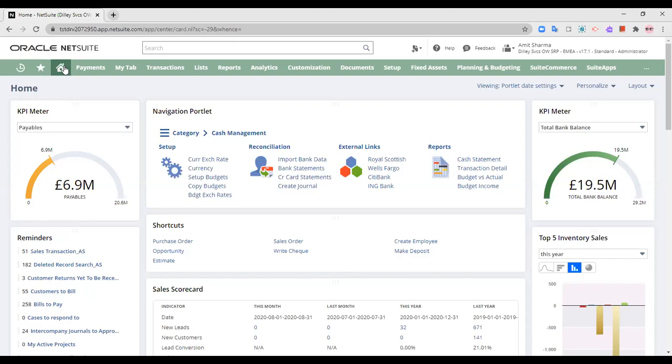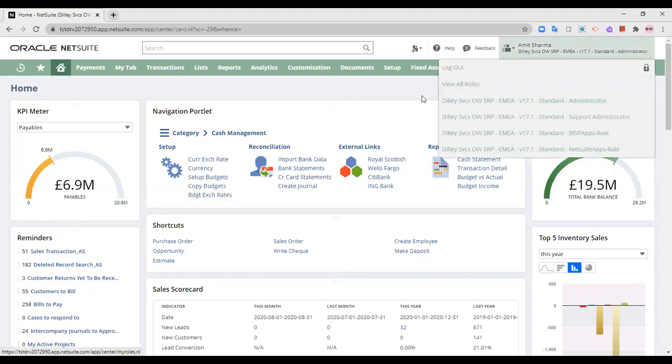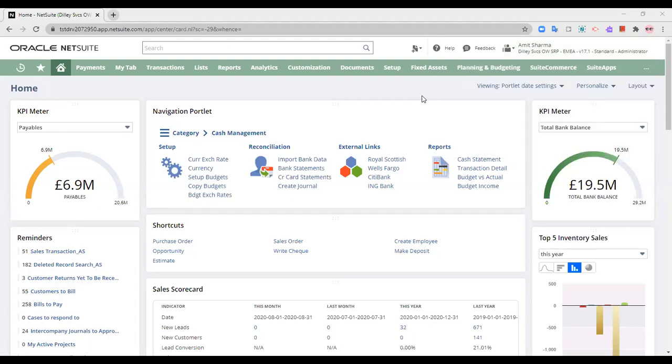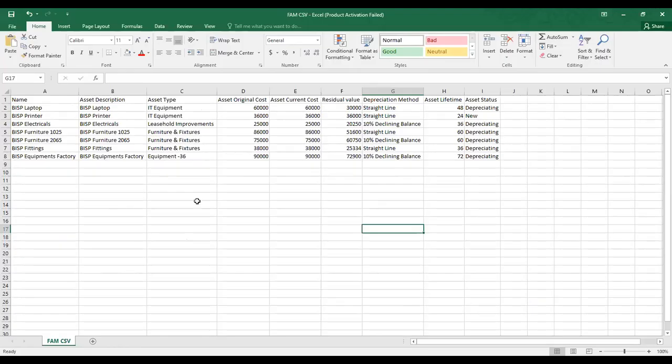So going on to the CSV record, let me just provide you with the CSV record that I will be actually exporting. Now this is the CSV file which I'll be exporting, which contains the name of the asset, a small description of the asset, what is the type of the asset, original cost of the asset, and the current cost of the asset.